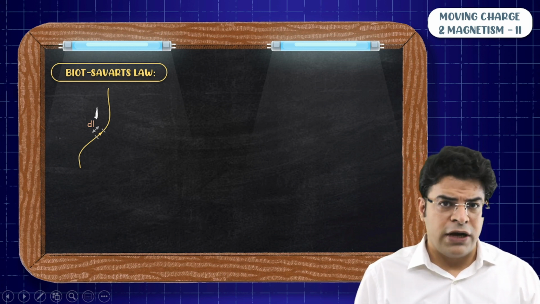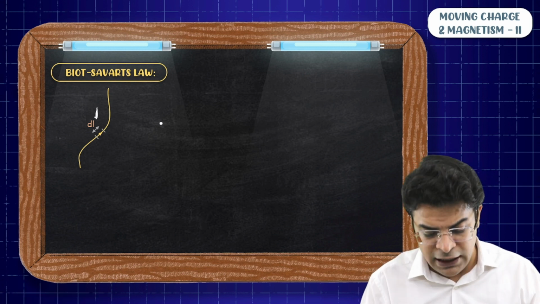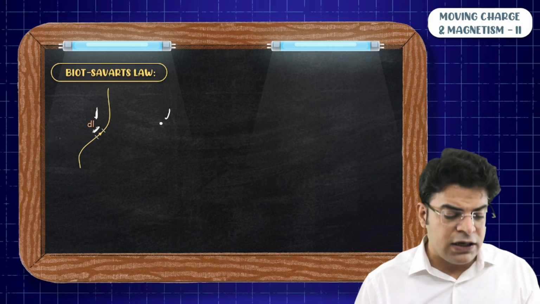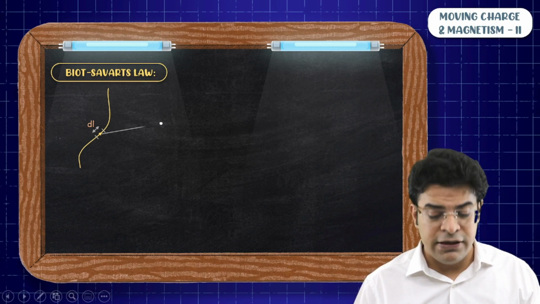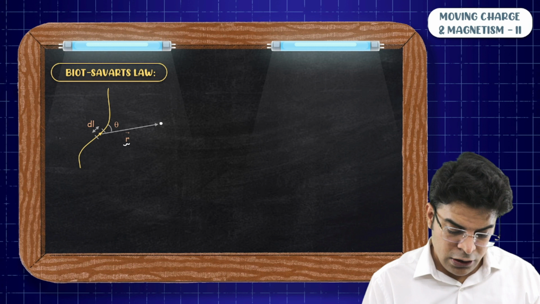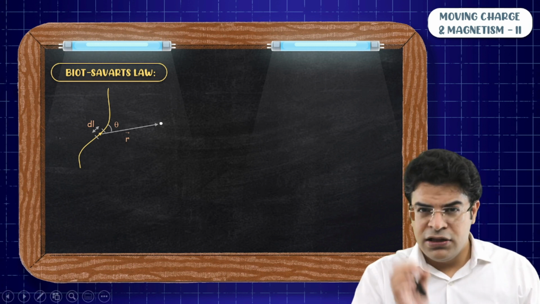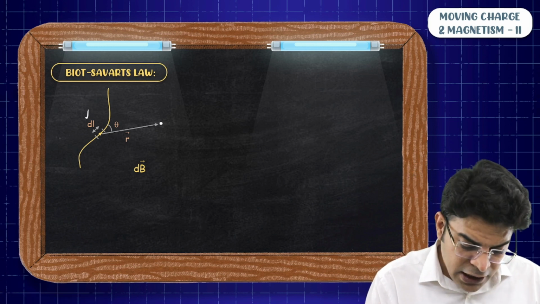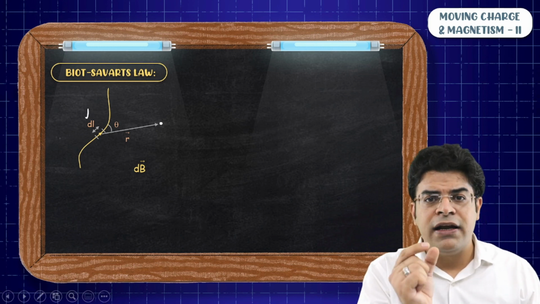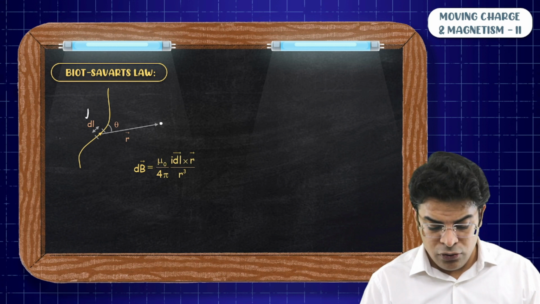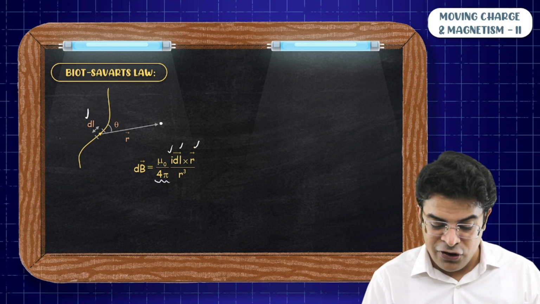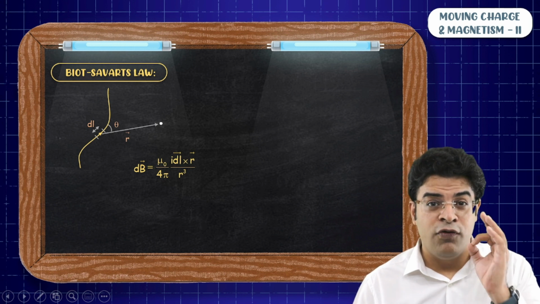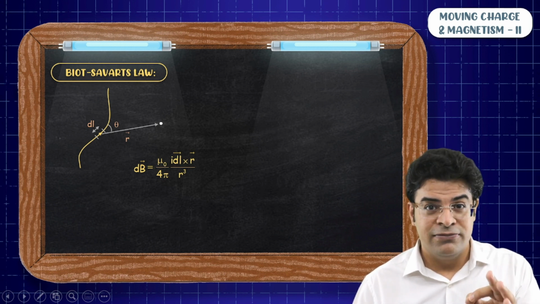Let's say you wish to write the strength of magnetic field at this random point, whose position vector with respect to this infinitely small current carrying element is given by r. So the formula says that the infinitely small magnetic field dB formed by this infinitely small current carrying element is given by mu naught by 4 pi, I dl cross r by r cube. Undoubtedly, this is the ugliest looking formula in physics.